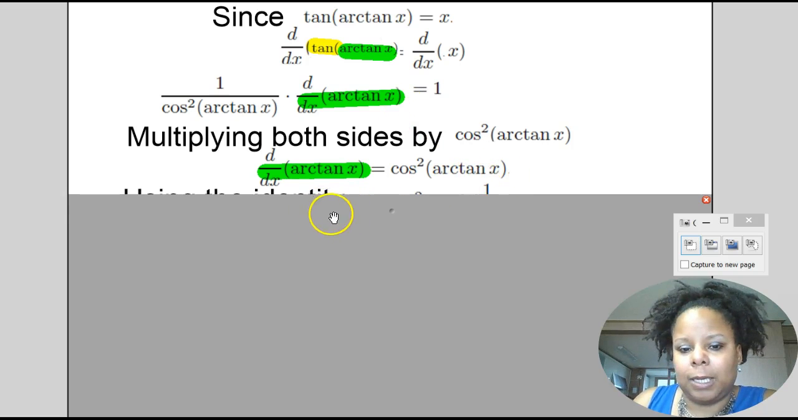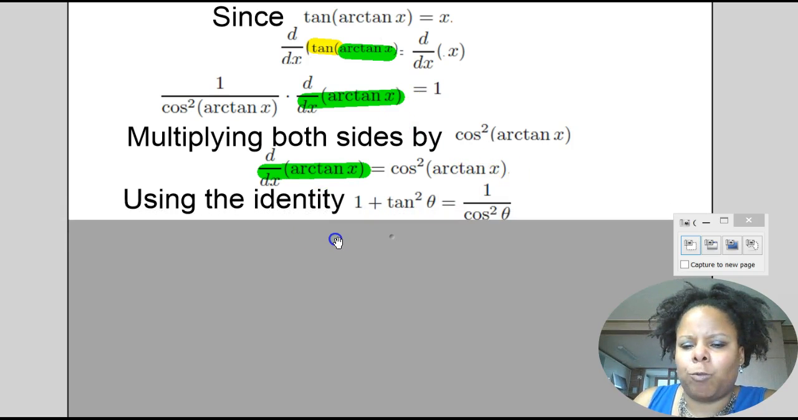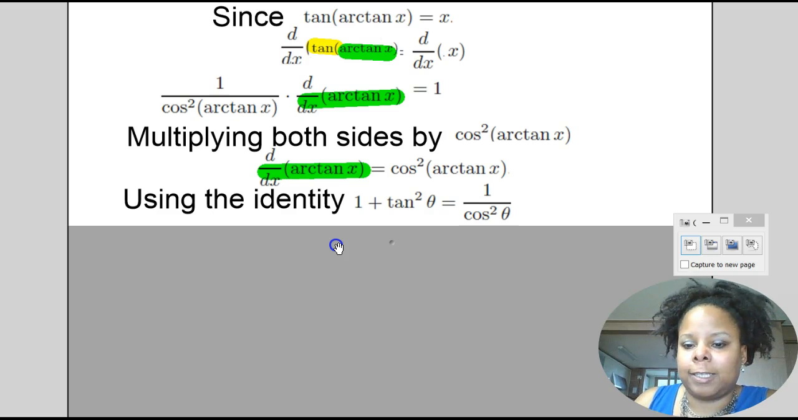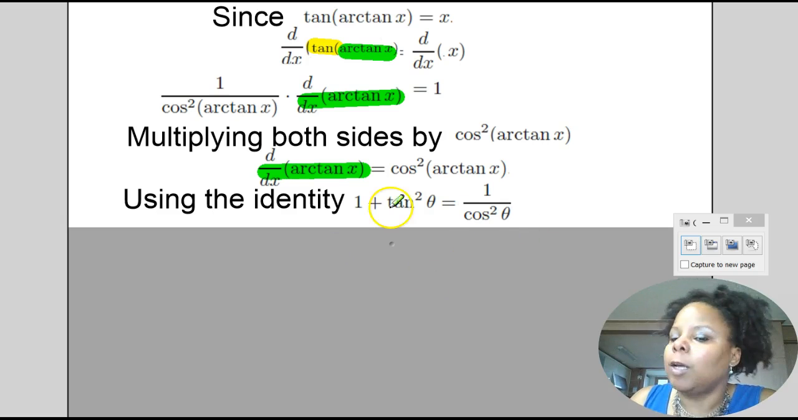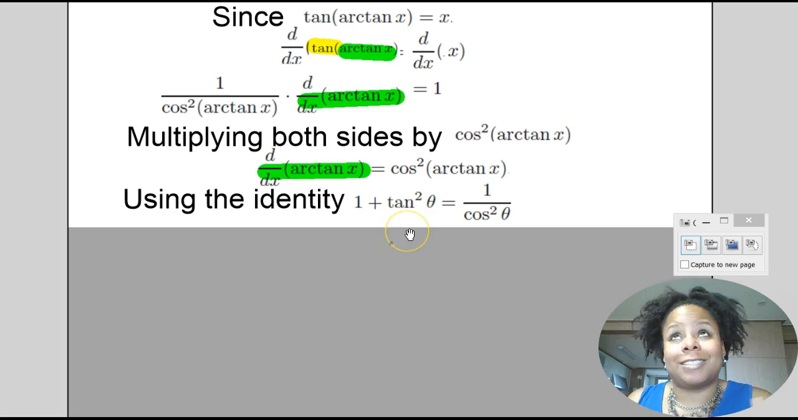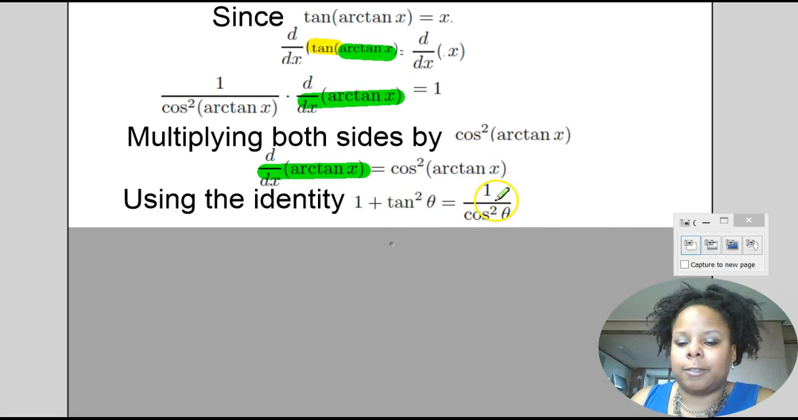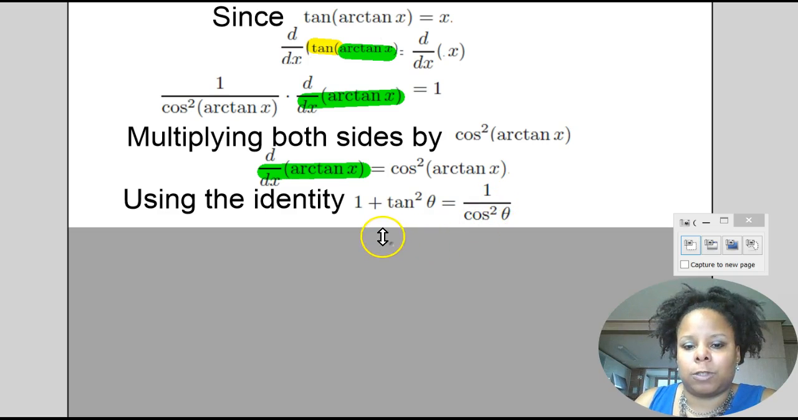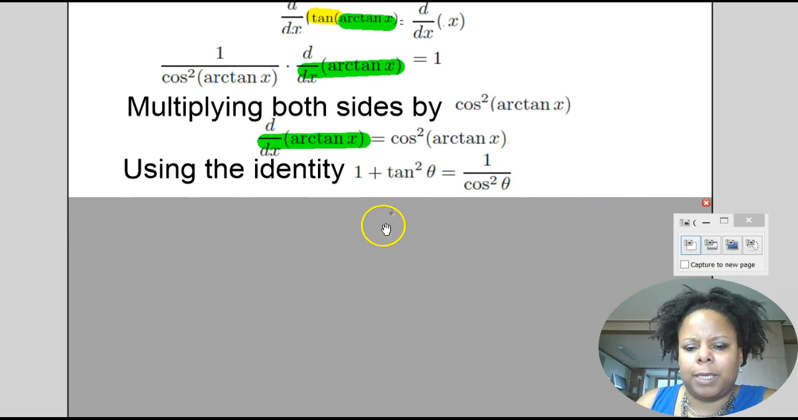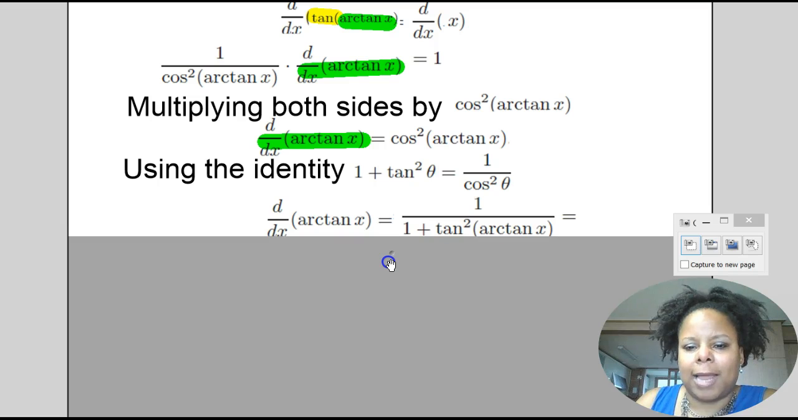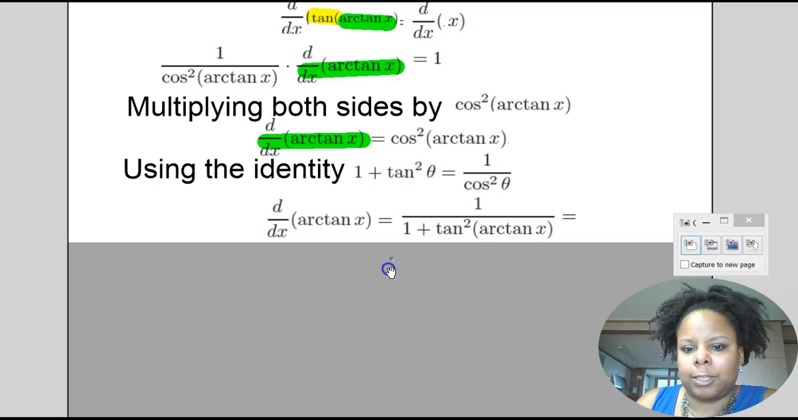And then using the identity that 1 plus tangent squared theta is equal to 1 over cosine squared theta. Actually, you might remember the identity as 1 plus tangent squared theta equals secant squared theta. But, of course, secant squared theta is the same thing as 1 over cosine squared. So that must mean that we can apply this to the derivative of the arctangent, which we said was already equal to cosine squared of arctangent of x, to be equal to